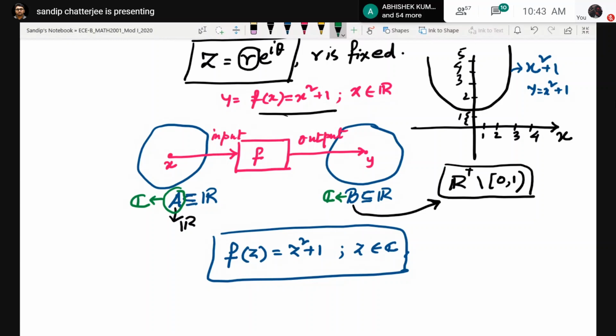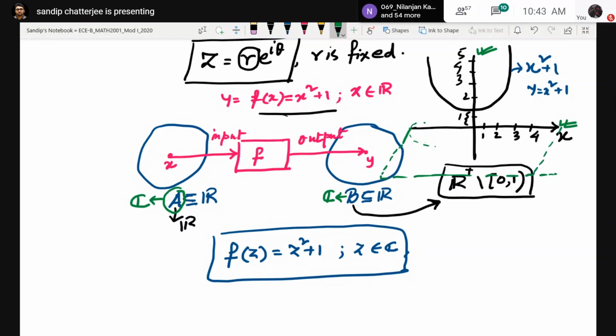Now, if I try to plot an analogous diagram, here my domain is the real line, because the set of real numbers can be represented in this line. My codomain is also a line, because the set of real numbers can be represented by this line. But now, if I have to draw an analogous diagram, the problem is this domain, instead of the set of real numbers, will be the set of complex numbers. Now, the set of complex numbers is represented, as we just discussed, by a plane. So this line now needs to be replaced by a plane.